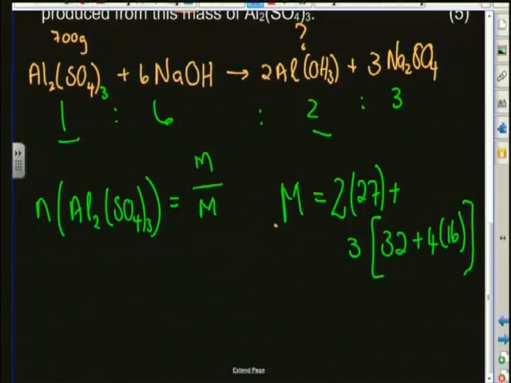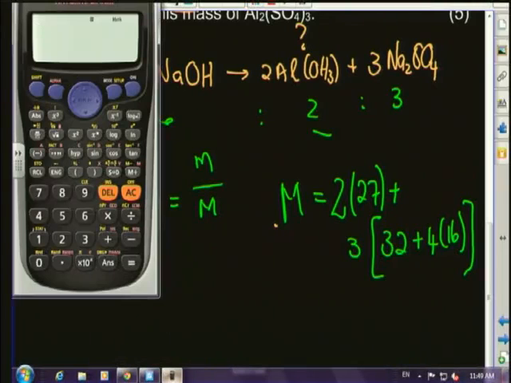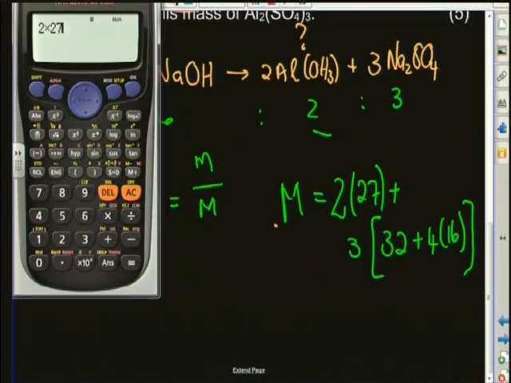It's 3 times the whole of that thing. So I'm going to quickly show you using the calculator, to make it easier for you. We go 2 times 27 plus, now I'm going to put it in brackets, 32 plus 4 times 16, equals